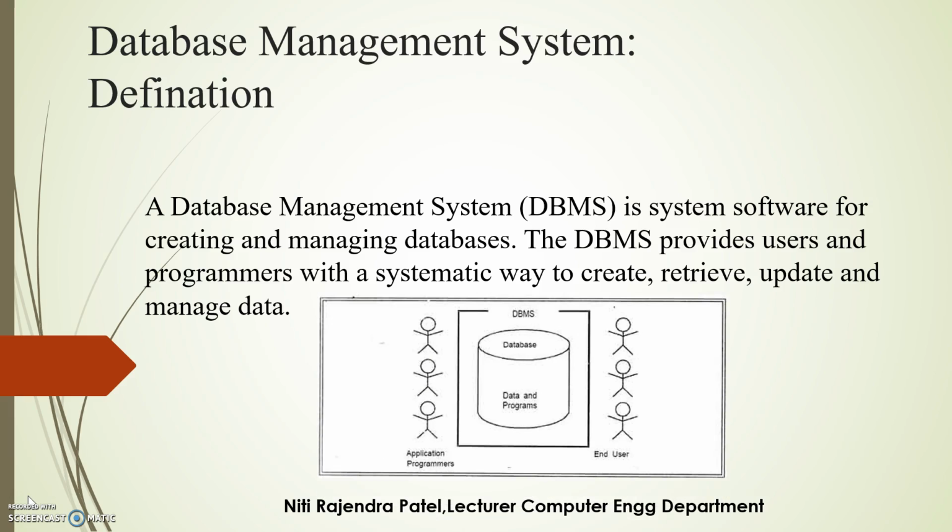Let us look at this diagram and make the concepts more clear. The database management system consists of three modules: the application programmers, the database management system, and the end users. What does this database management system consist of? It consists of a software which is nothing but the database, which is used for storing the data and the programs. This entire DBMS acts as an interface between the application programmers and the end users, which also ensures that the data is very consistent, stored in an organized way, and can be easily accessible as per the user needs.